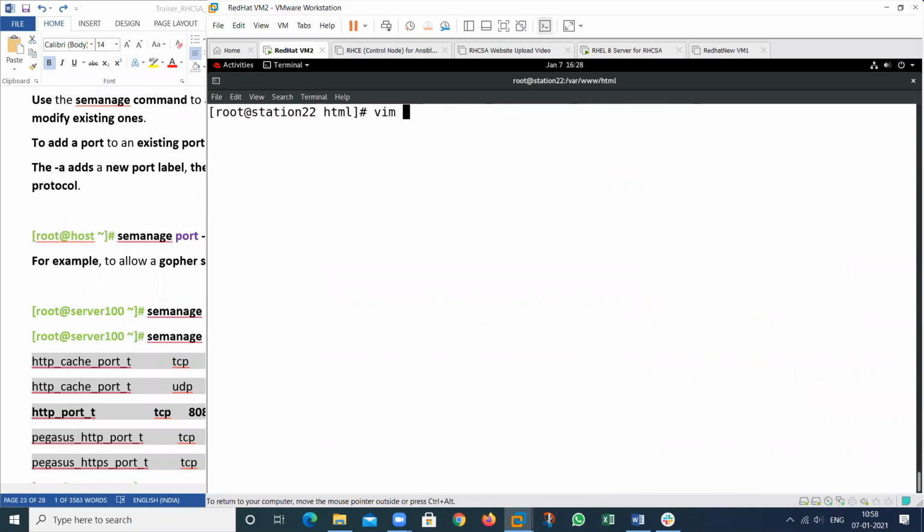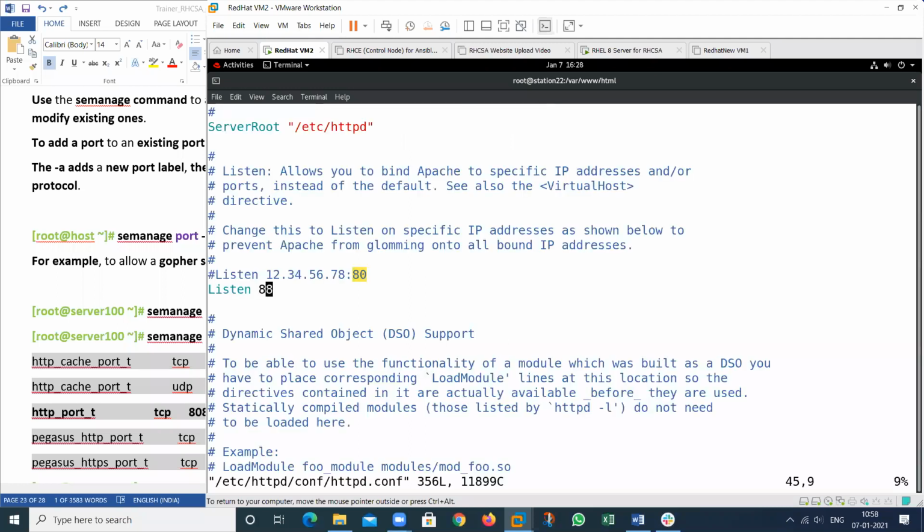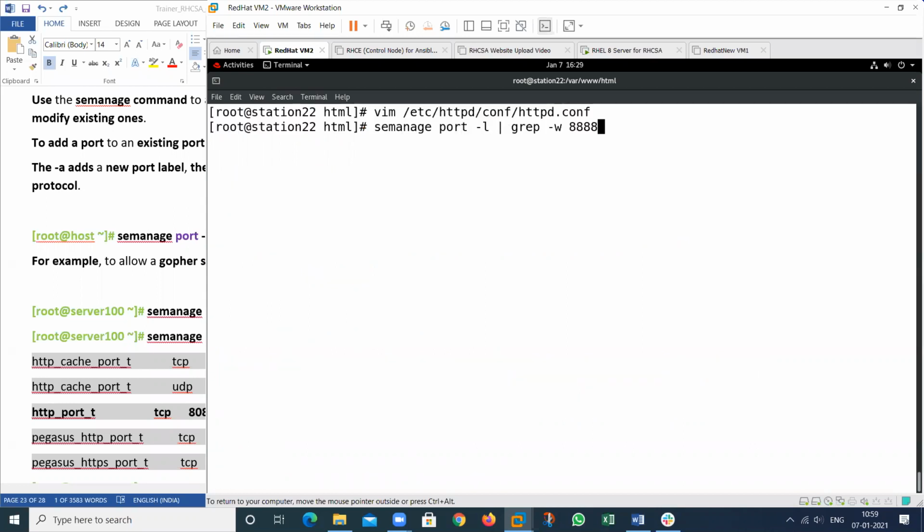So I have to change one more thing also, that is /etc/httpd/conf. One more thing I have also changed in this httpd.conf. So change this one also, because I have changed the port, then restart the service again.